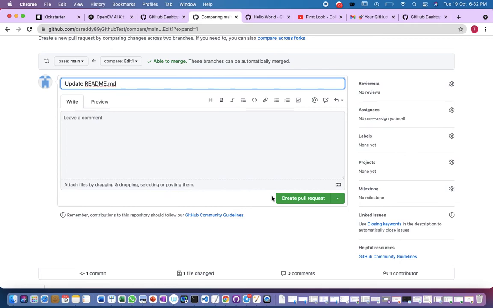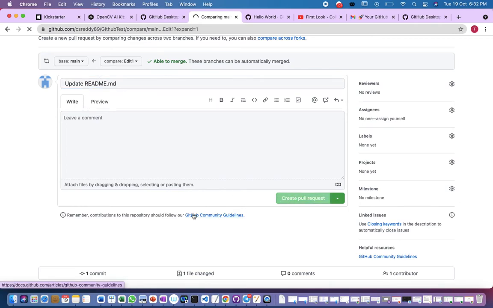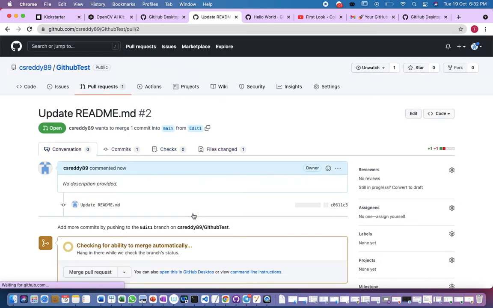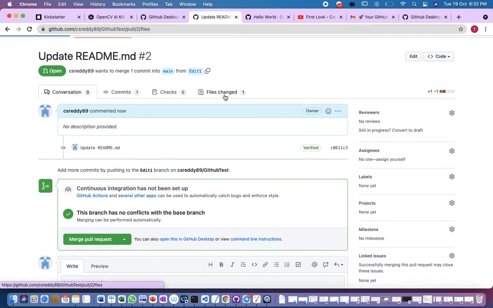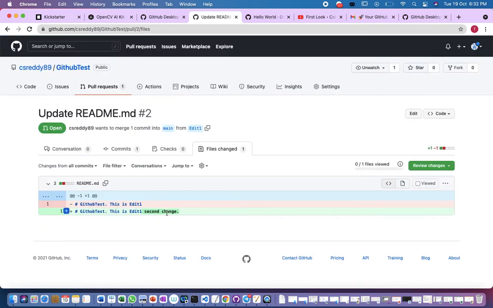So I'll create a pull request, and here I can see the changes once again. This is the small change which we did for edit 1. Our main file contains only GitHub test, this is edit 1, whereas our edit 1 branch contains a small change. So these should be reflected.